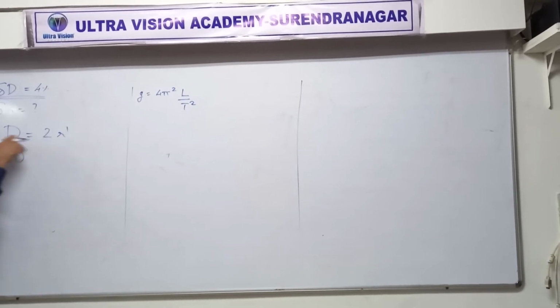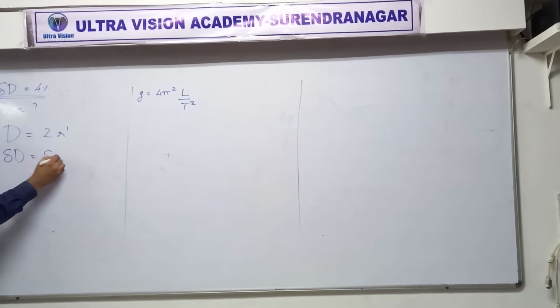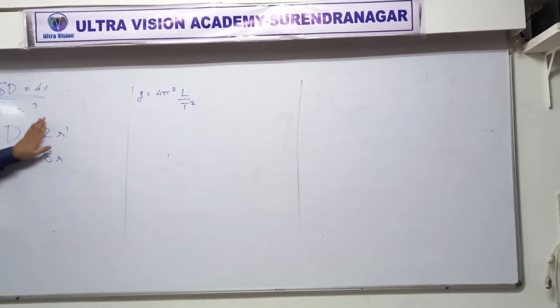Or alternatively, you can write R equal to D by 2 also. Either way. So del D is equal to del R. Clear? Yes. Which rule have I used? The rule for power. 2 is not important for us right now, because 2 doesn't give errors. D equal to R raised to 1. Or you can say both quantities are same as far as errors are concerned. So del D will be del R. Got that? Sure. So what is the answer to our question? 4%. Is that understood? Yes.